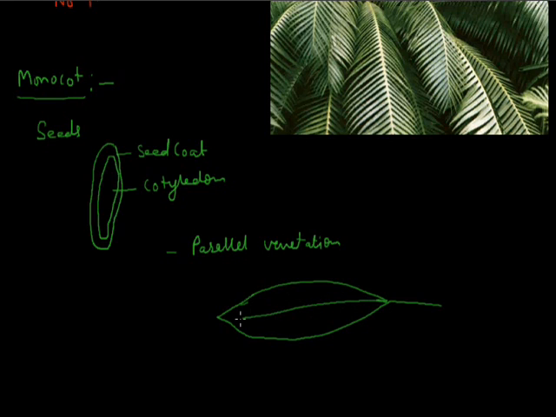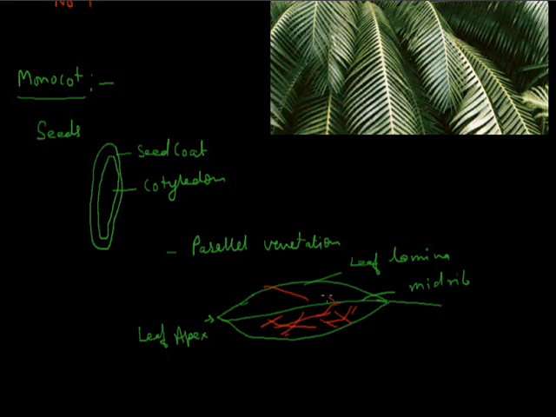This is the leaf lamina, and this is the midrib. This is the leaf apex. So this leaf midrib is divided into many branches here. These branches are known as the